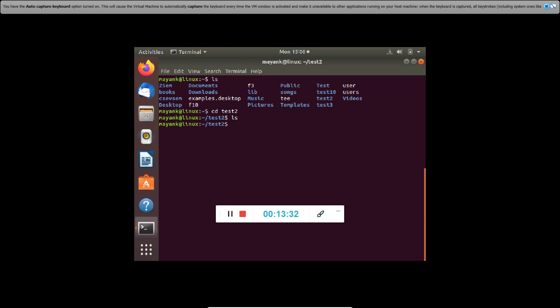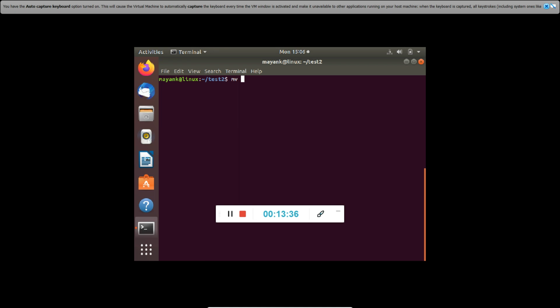There is nothing in test2. So let's move the file f10 into test2. How to move a file into test2? mv, name of the file, name of the directory, and forward slash. It will move the file into the test2 folder.